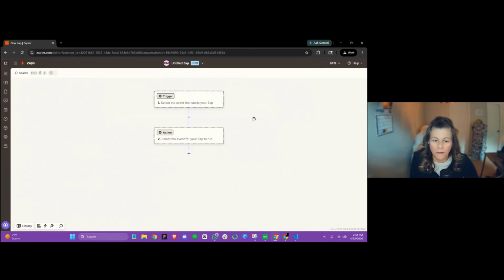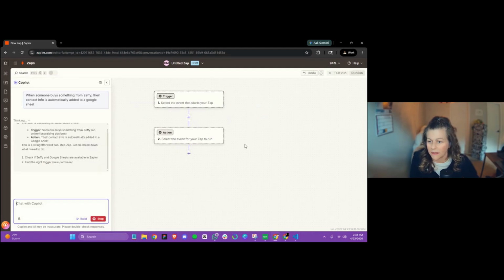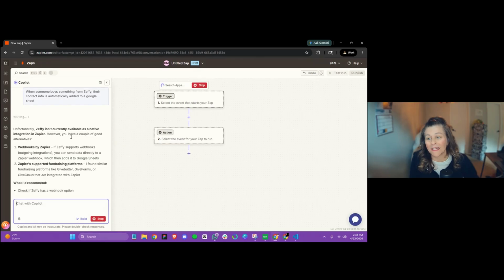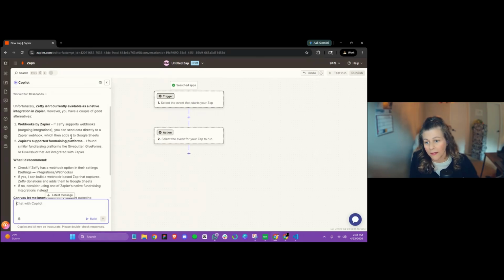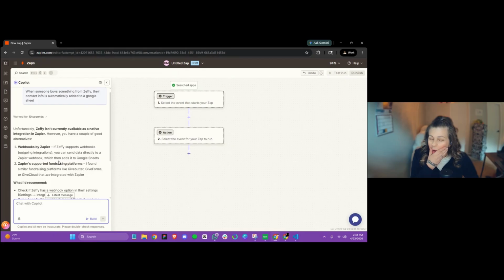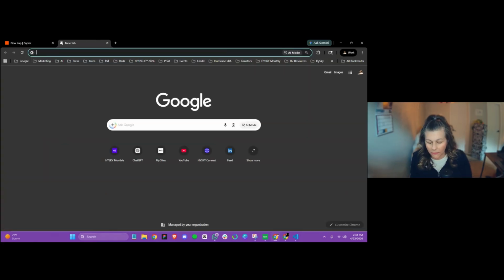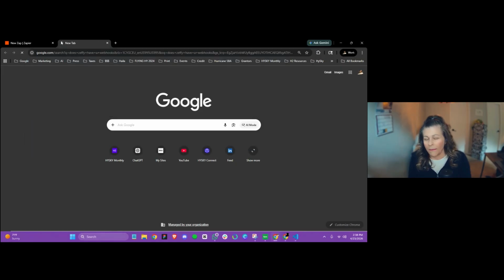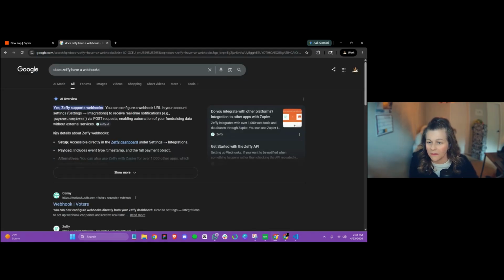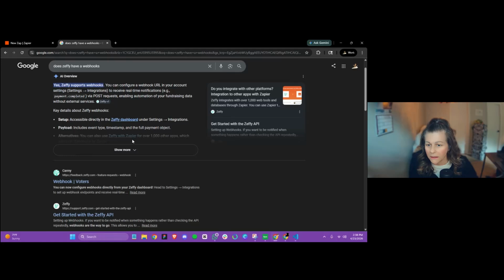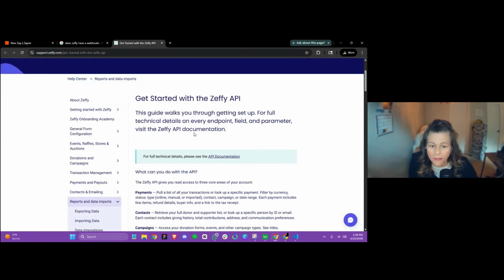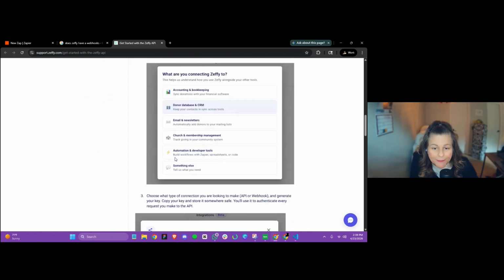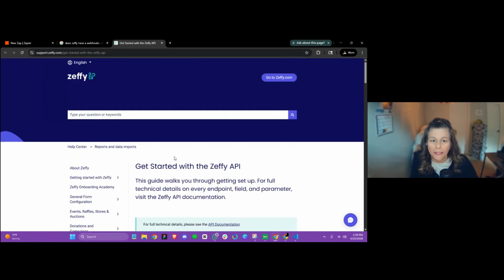I kind of remember maybe Zeffy isn't connecting. I can't remember. I swear it used to be. Okay, so I would have to use a webhook. So it's another rabbit hole. Does Zeffy, because if they don't have these things, okay, good, they do. Oh, they do have an API. Okay, well, if they have an API, we might be able to go straight into